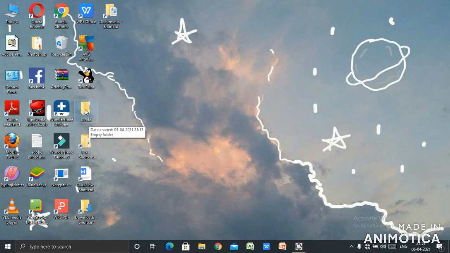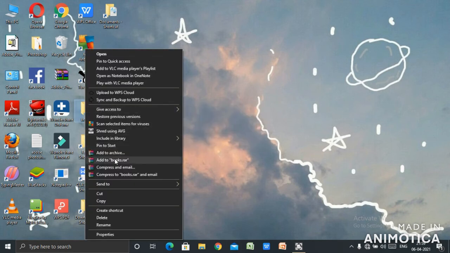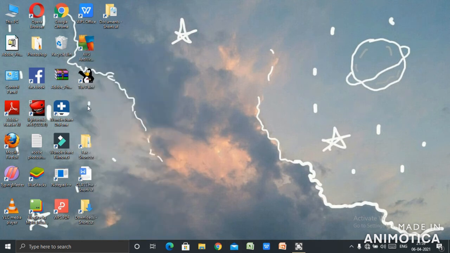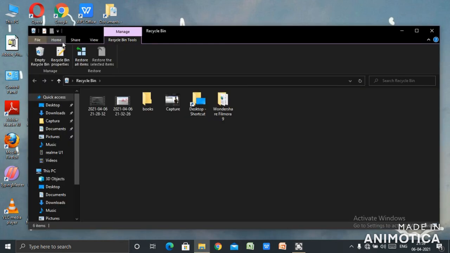Now if I want to delete this folder, what I will do, I will select this folder which I want to delete. Right click the mouse button, you will get a drop down menu, and from the drop down menu click the option delete. The folder is deleted now and it is not visible to us. To see where the deleted file and folder has gone, we will move to the recycle bin. Recycle bin stores all the deleted files and folders so that you can have access to them.